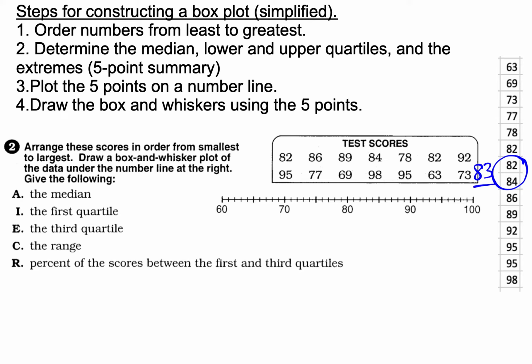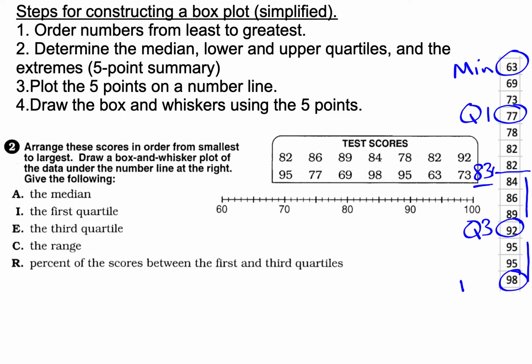Now after you've found the median, the way you find the upper and lower quartiles is to take half the data and find the halfway point, and then find the other half of the data and get the halfway point there. In the top half of the data, there are 7 points. So the halfway point there is 77. This is quartile 1. In the larger half of the data, the midpoint out of 7, there's 3 above it, 3 below it, is 92. That's the third quartile. And of course, we've got the minimum and the maximum that are pretty easy to find